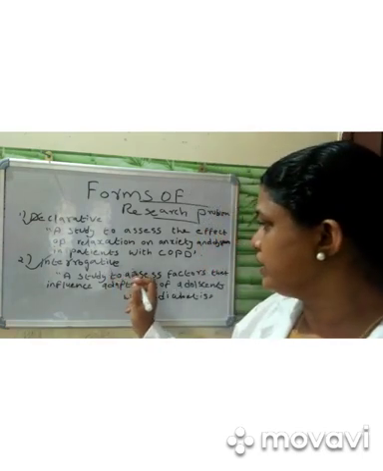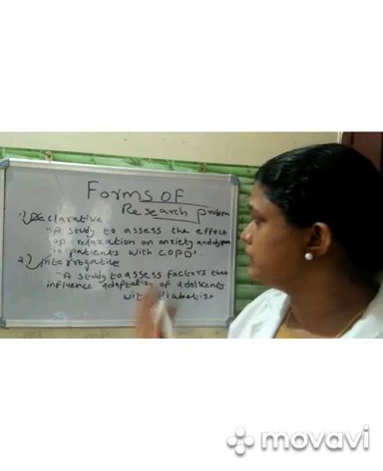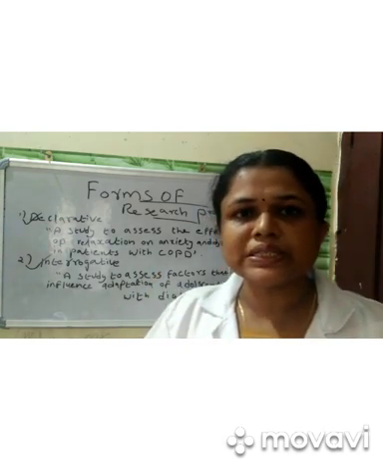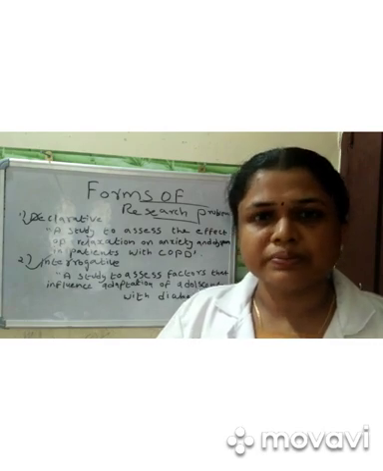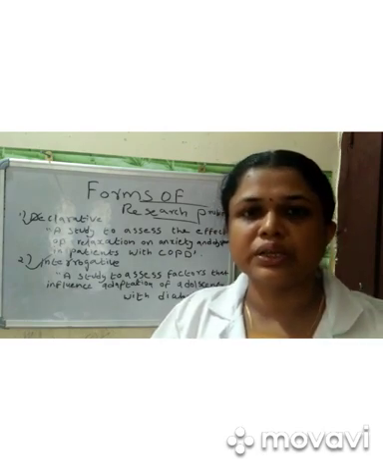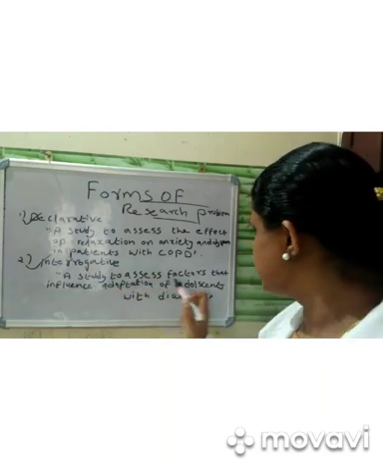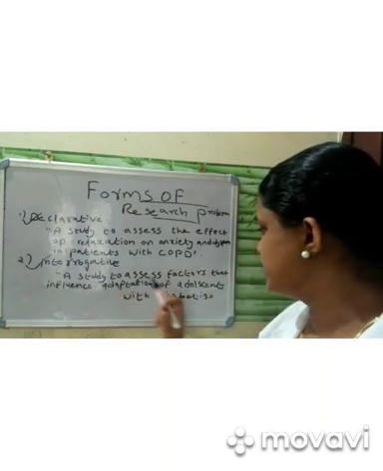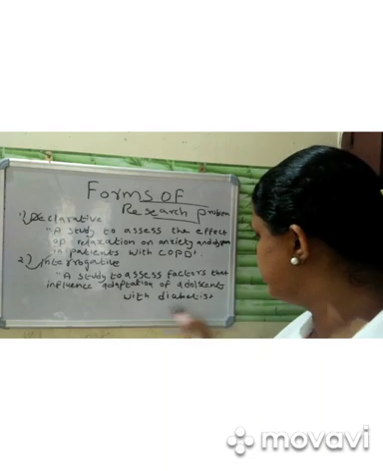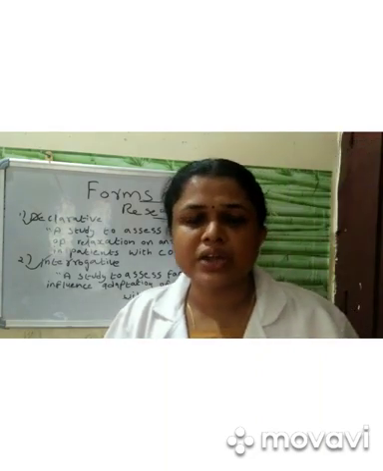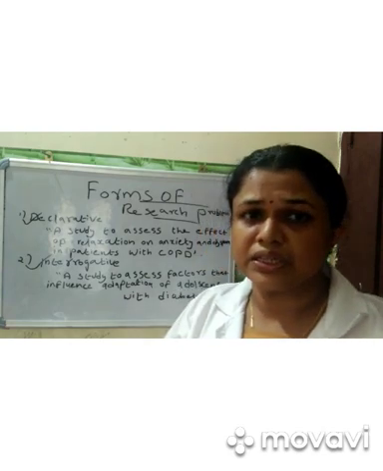And in an interrogative type of research problem, we are posing some questions. We are posing some questions on the research problem. That is, in this sentence, a study to assess the factors that influence the adaptation of adolescents with diabetes mellitus. So, in this research problem, we are trying to find the factors.